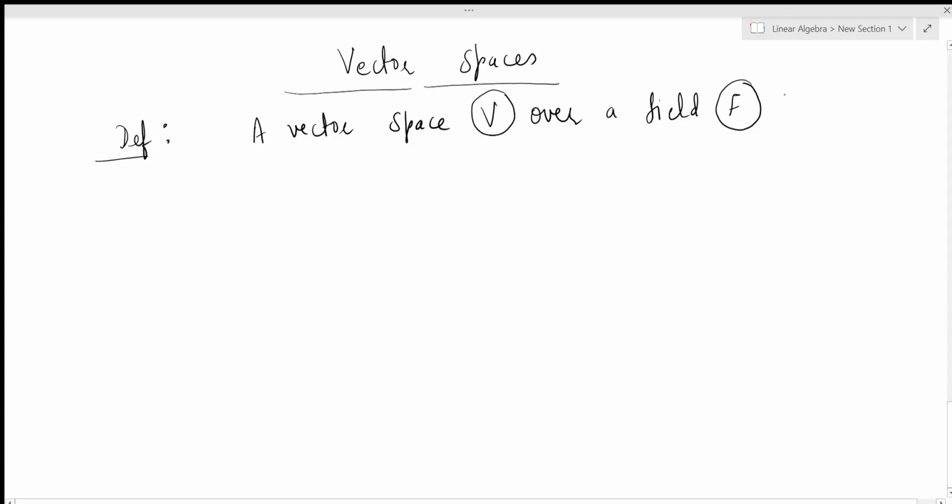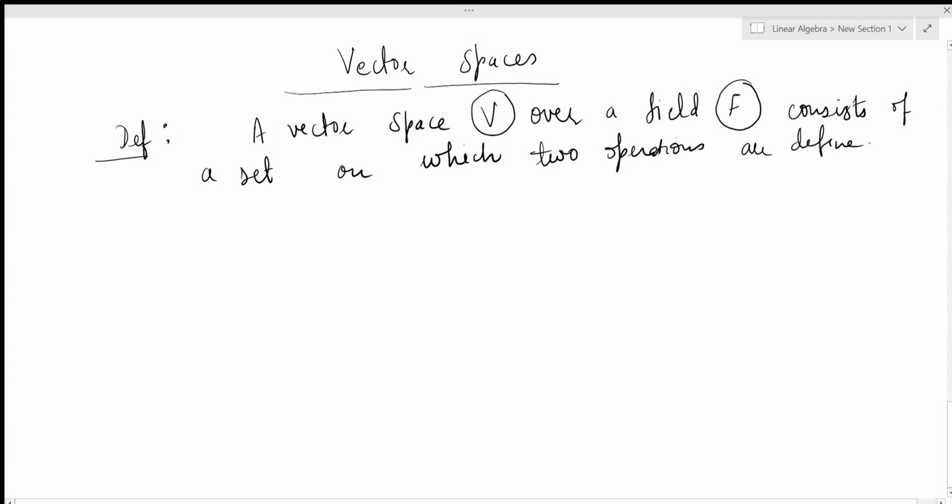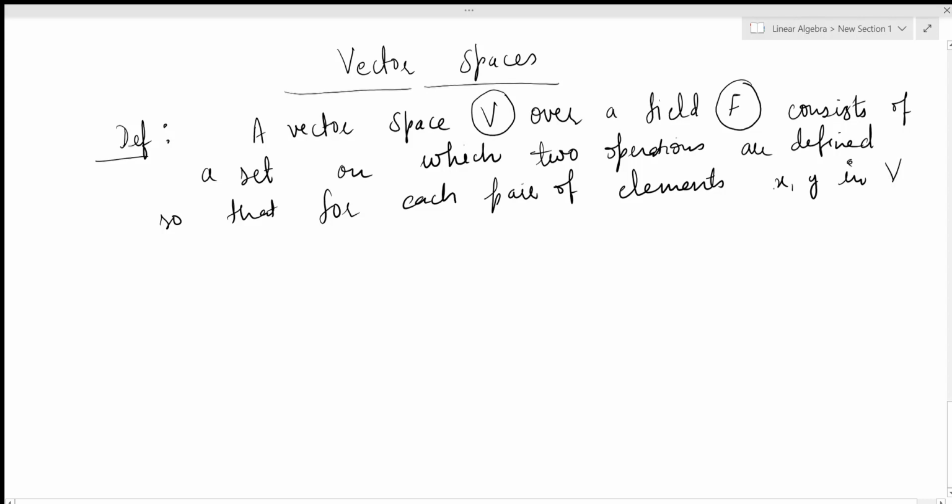A vector space over a field F consists of a set on which two operations are defined so that for each pair of elements x, y in V, x and y are vectors,